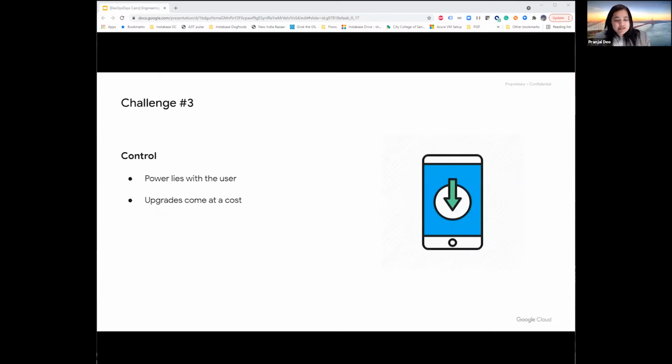Now on servers, we can change binaries and update configs on demand. In the mobile world, this power lies with the user. In case of native apps, after an update is available to users, we cannot really force them to download a new binary or config. Users can sometimes consider upgrades to be indicators of poor quality software, and they can assume that all upgrades are just bug fixes.